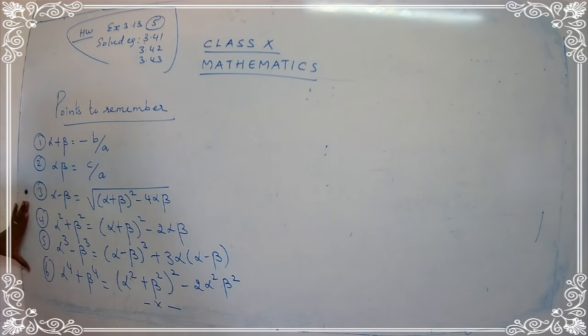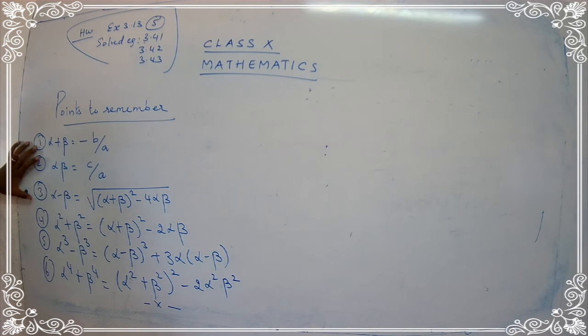For just basic formulas, just understand we have taken here alpha cube minus beta cube. We know the formula for alpha cube plus beta cube. So just a small change and we get the required formula. Let's repeat the formulas once. Everyone has to repeat the formula along with me.